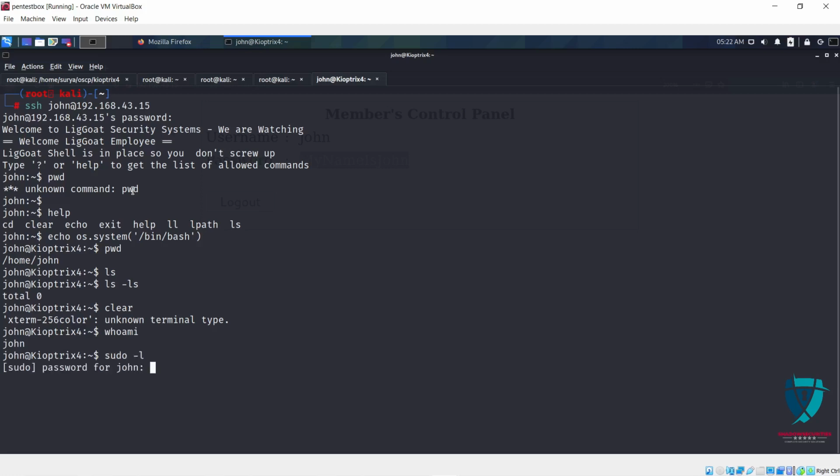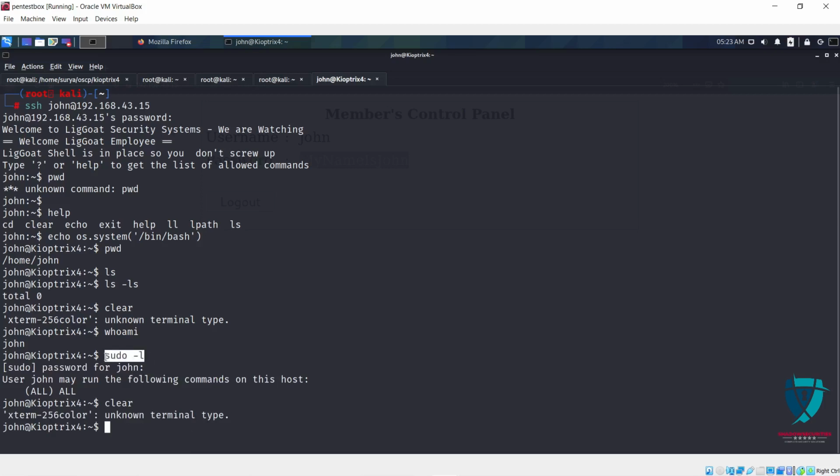I'm entering the password for John, and as I configured this VM, as we can see here, it shows all, since I configured this VM with admin privileges. In your case, it will show a warning that John is unable to use sudo because he is not in the sudoers. This warning will be raised there, and you have to search for the processes running in the system.